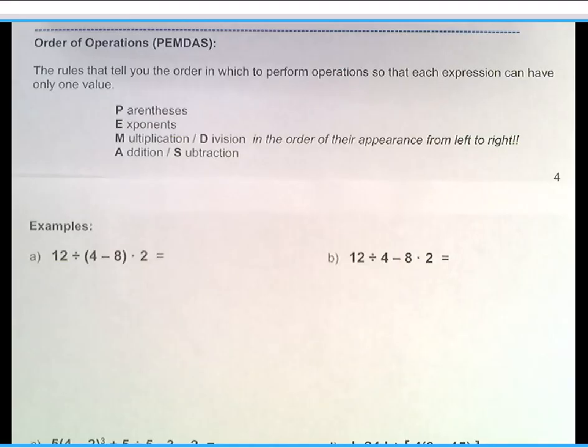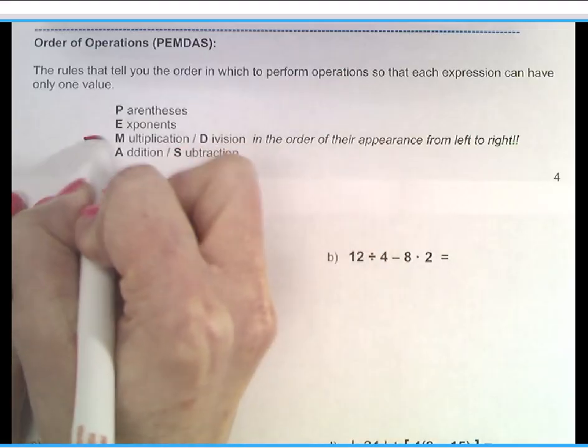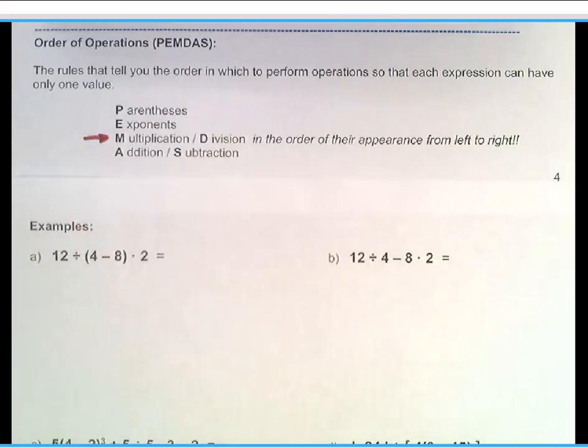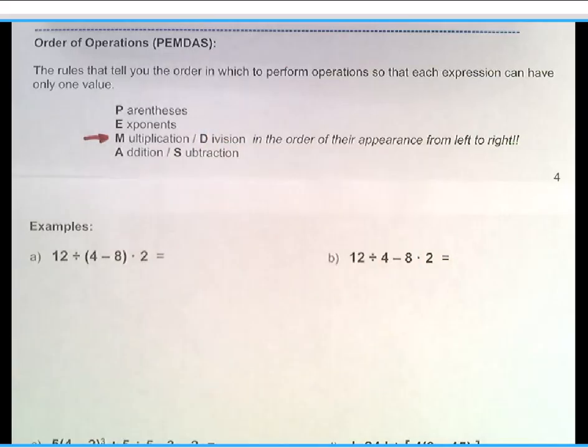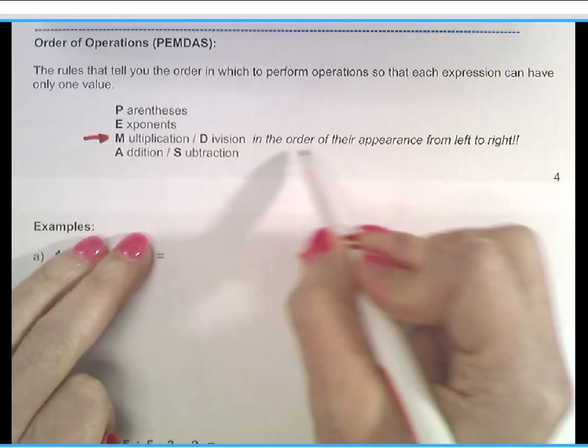One or all four. The MD, this is where people mess up with PEMDAS, is because they assume that because it goes MD, you have to do them in that order. And I'm here to tell you that is not correct. Multiplication and division are essentially one and the same. Think about it. Division was defined as multiplication. So they're really the same thing, multiplication and or division, and you do them in the order of their appearance